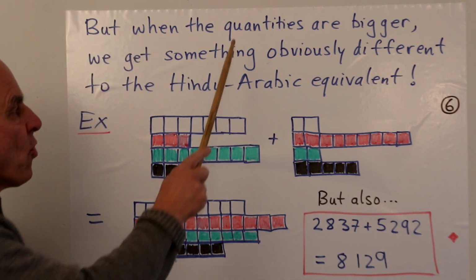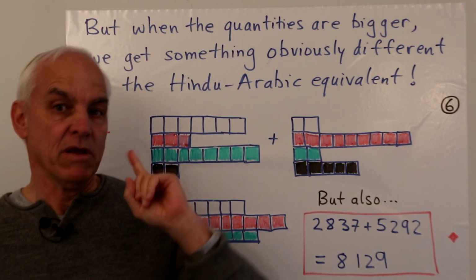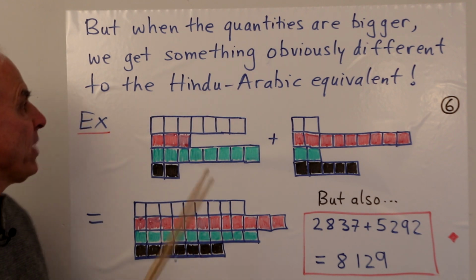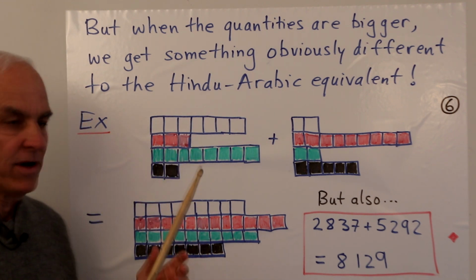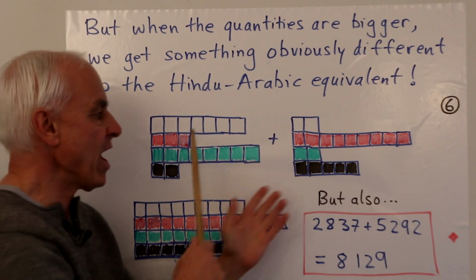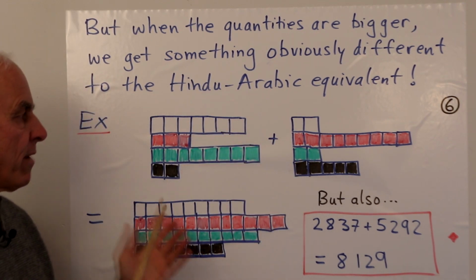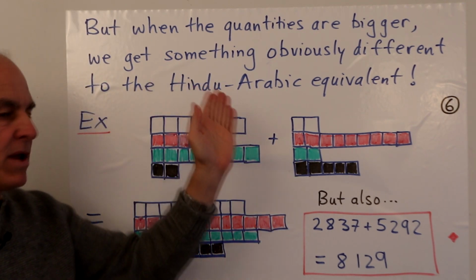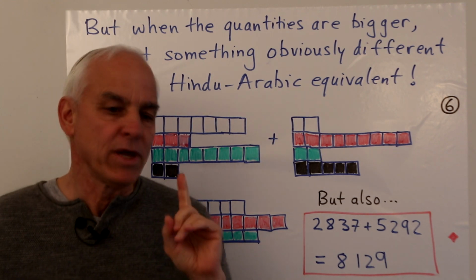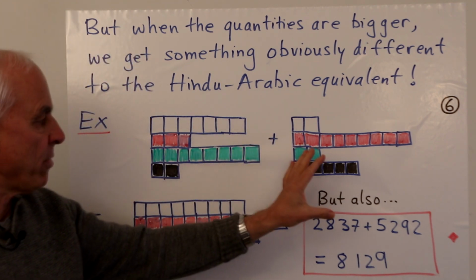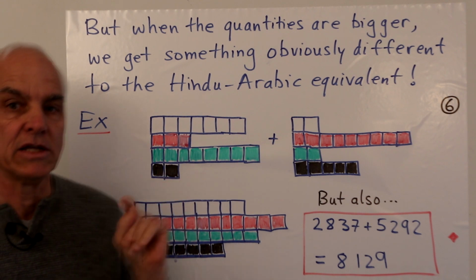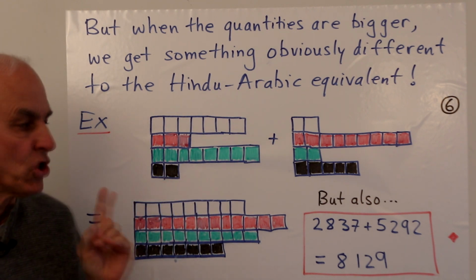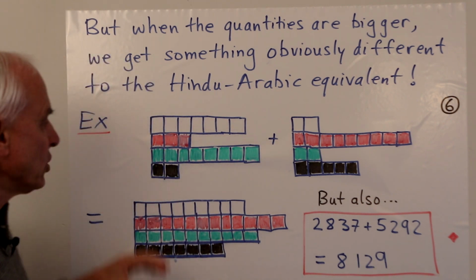Because when the quantities involved are a little bit bigger, then we get an obvious difference between this kind of arithmetic with rectangles and the Hindu-Arabic equivalents. And we can illustrate that with this example. So here, the diagrams are just a little bit bigger, and this will show us the issue. Okay, so here's another